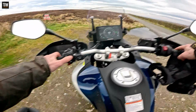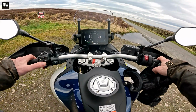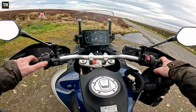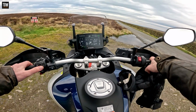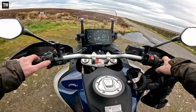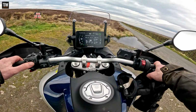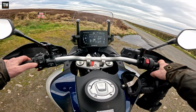To navigate through the menu you press set, and to take you through the different settings, the telemetry and the functionality of the TFT, you press and hold either the set button or the down button here. I can't remember which, but we'll find out soon enough, won't we? So first of all we've got information there, and if we arrow down,